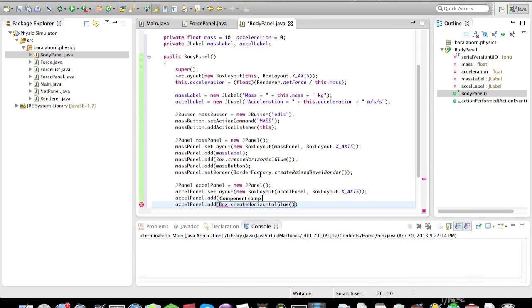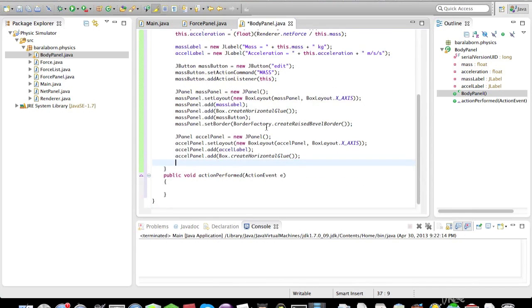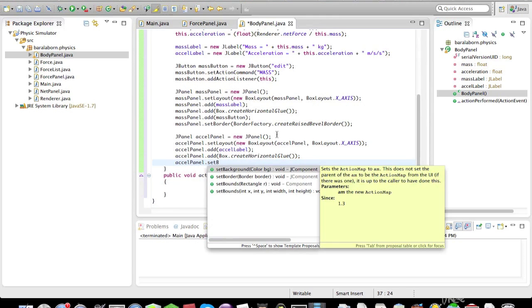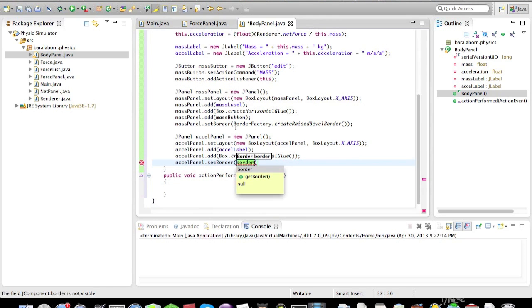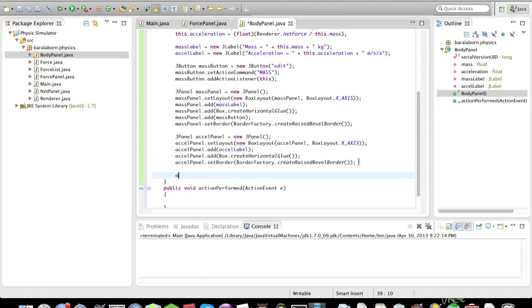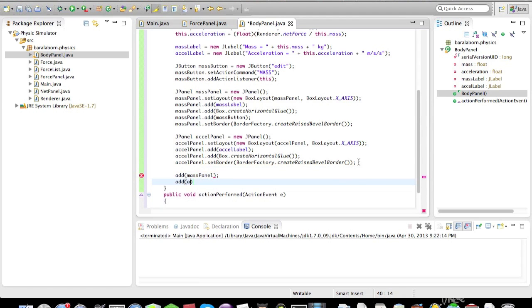We're not going to add a component after this. We just want the label to be as far from the right side of this component as possible. So the last thing we're going to do with this is set the border, and it's going to be our nice and pretty raised bevel border. Now all we have to do is add massPanel, add excelPanel,